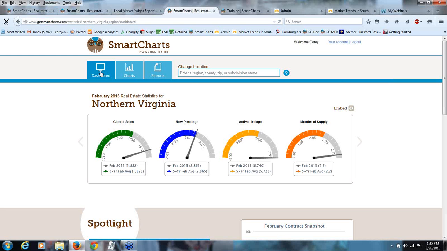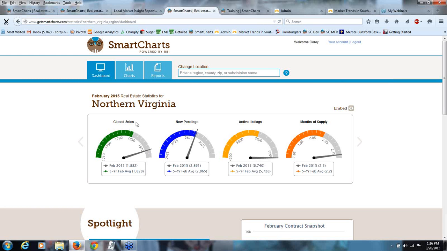January, February, March. In March it starts to come back up, but the winter is down, not just for sales, but for listings and for prices. It's entirely, you can almost predict what it's going to do to some degree. So these market gauges give you a picture of that year-over-year comparison, where I can actually look at the most recent month, which is February, and how it compares to its 5-year averages and the 5-year min and max for